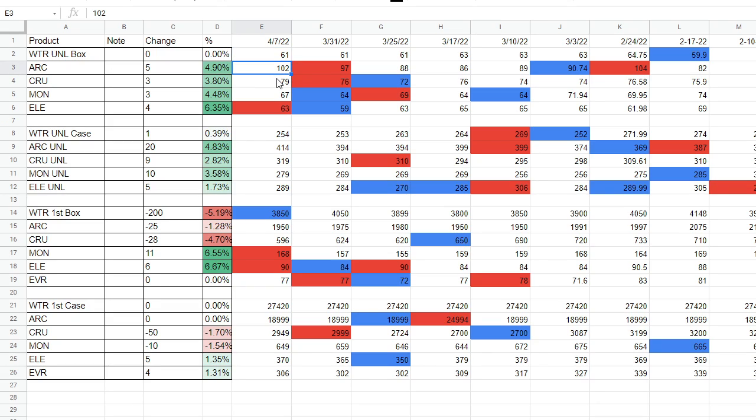ARK is up 4.9%. ARK has been pretty warm recently, and I don't know exactly why. Some people have said it's just because of the cards in there, which may be the case. I'm actually a little curious about the supply. They have not released WTR unlimited numbers yet, I don't believe. Nah, that might not be true. Well, whatever it is, the unlimited is very present in the market, as you can see by the value of